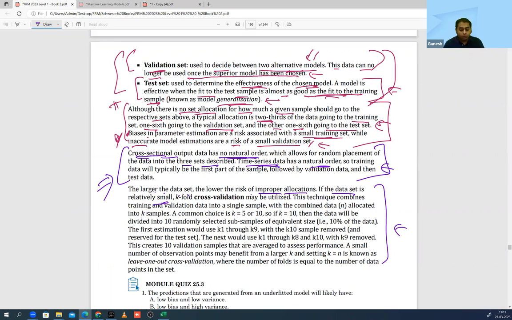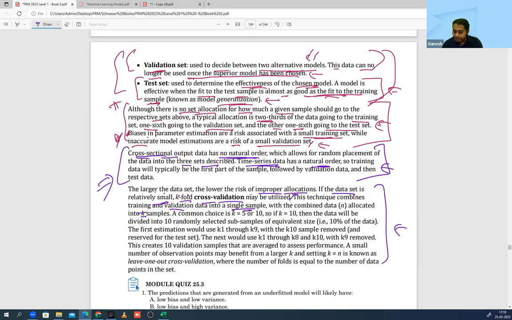Then this approach called as K-fold cross validation can help you. Okay, so how do we do it? Okay, look at this. This technique, suppose, okay, read this. This technique combines training and validation into a single sample. See, we talked about training, validation, and testing. We are saying कि training and validation एक साथ हो जाएगा. पहले हम क्या कर रहे थे? We were bifurcating. Now we are saying कि दोनों चीजें एक ही बार में हो जाएंगी. ट्रेन होके हम वैलिडेट भी कर लेंगे उसको अंदर ही. ये हो रहा है. Simple. Because the data is not available.